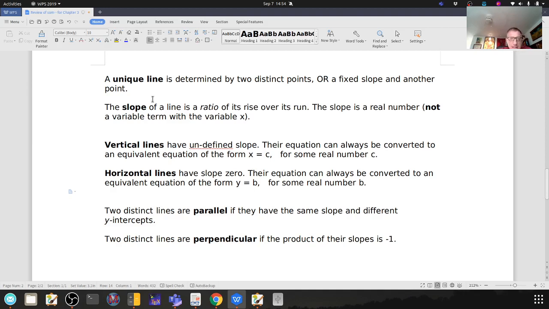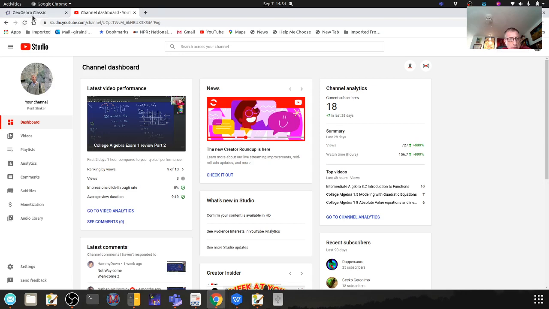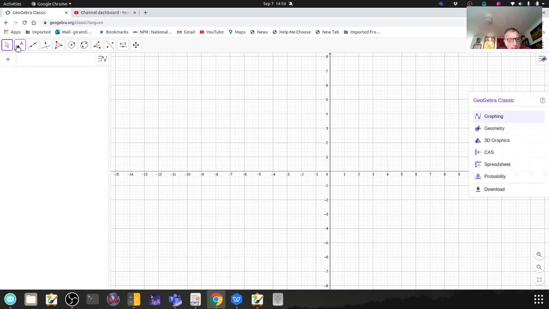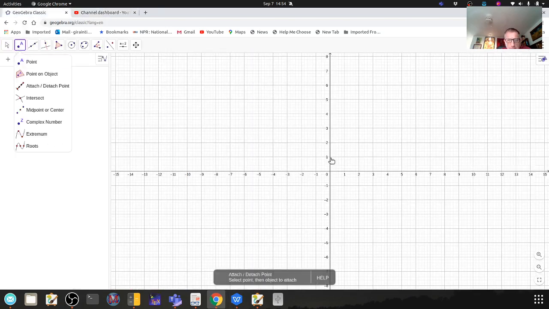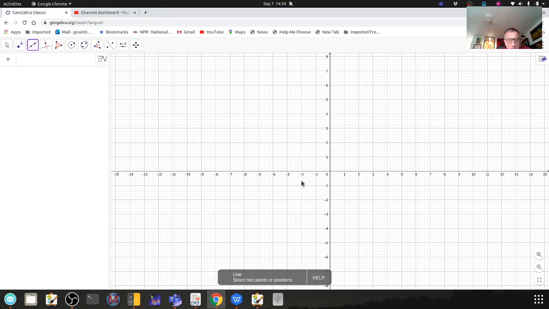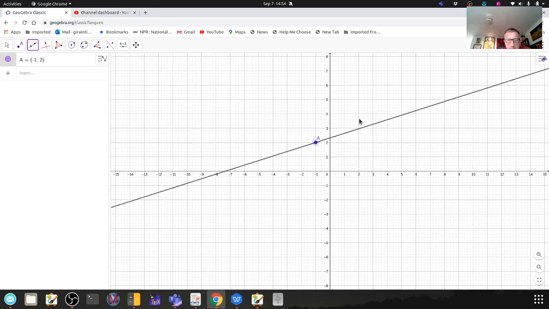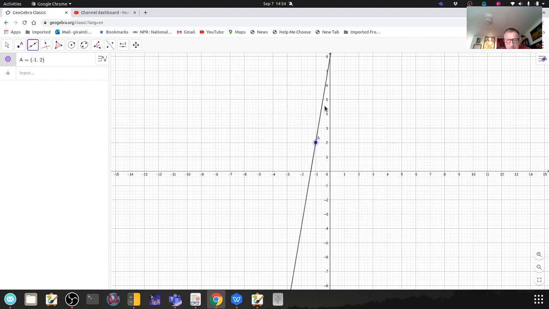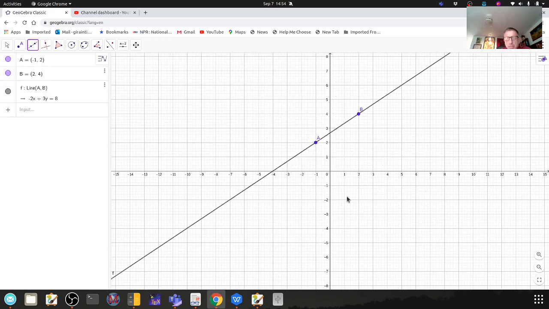So a unique line is determined by two distinct points or a fixed slope and another point. So let's see that in GeoGebra. So here I'm going to have, I guess this will be the one I want. Here's my point, and there's a whole bunch of different lines. As soon as I fix another point, then I have a unique line. Doing it again,